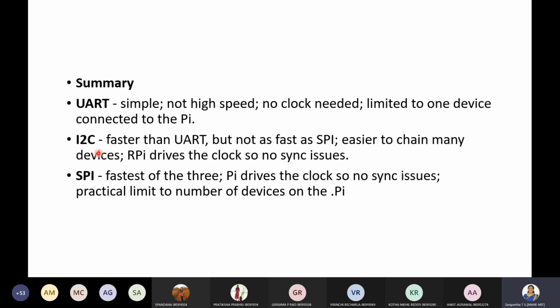Whereas if you're not concerned much about the speed of data transfer, you can go with I2C or UART. So depending on the requirement, different types of communication mechanisms could be made use of.